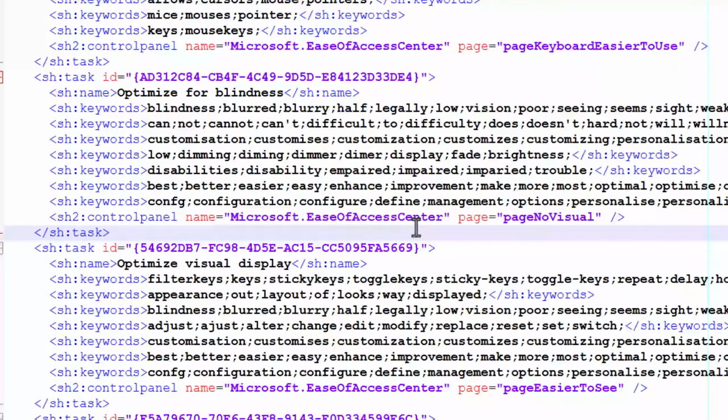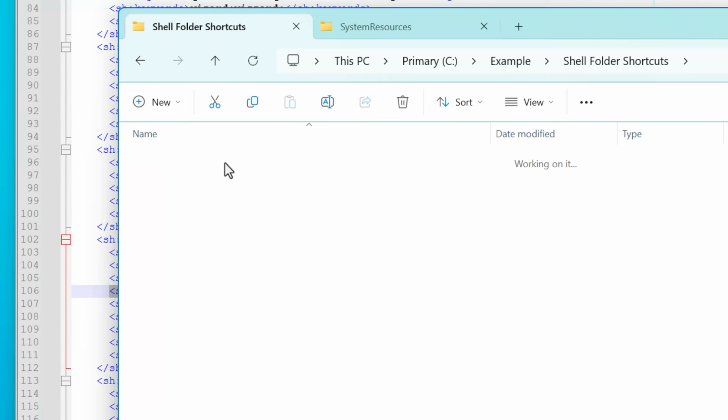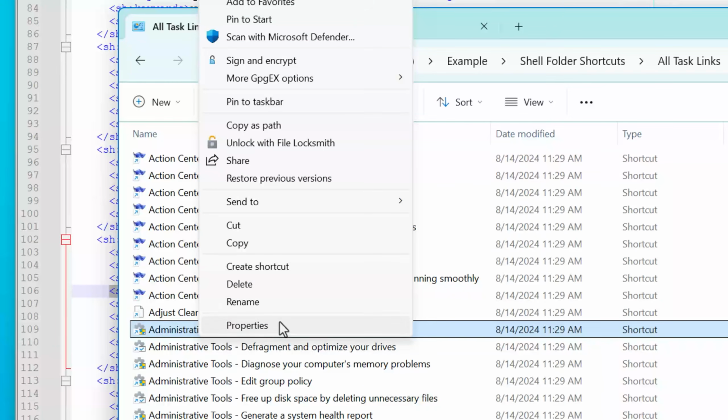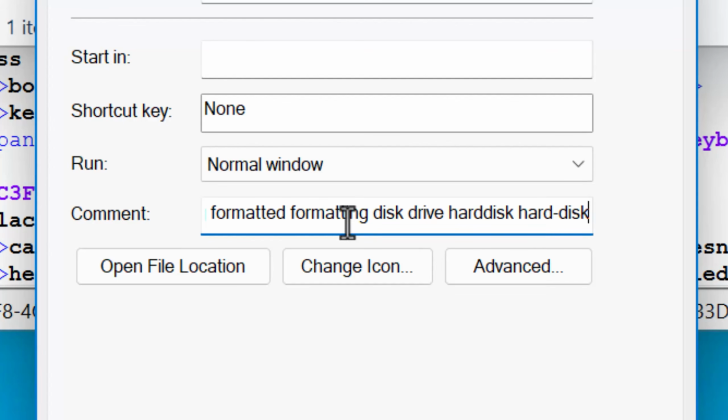You'll also notice that these all have keywords listed, which makes it possible to actually search for stuff in that God mode folder. That's what that column is for. So what I did was, for all the shortcuts for the tasks, I put the keywords in the description or the comment box in the properties. So these should still be actually searchable if you wanted using the keywords in the folder. Though apparently these shortcuts have a hard limit of 260 characters for the description. So I had to kind of cut off some of them, but most of them, all the keywords should be usable.